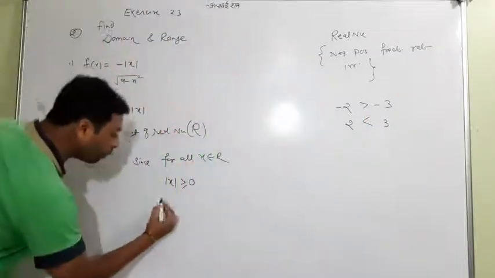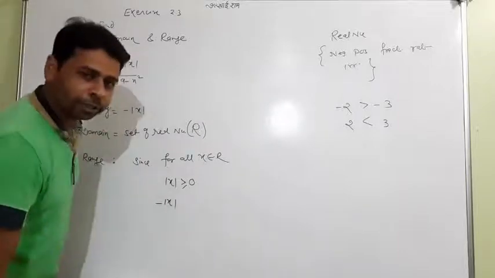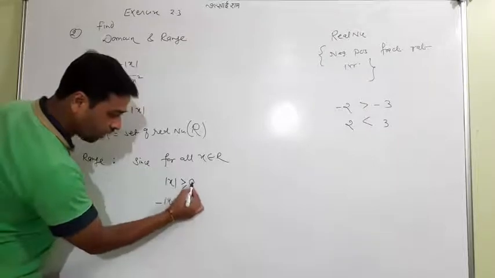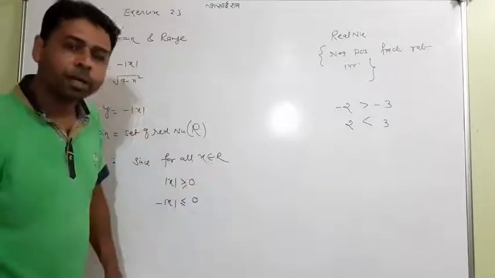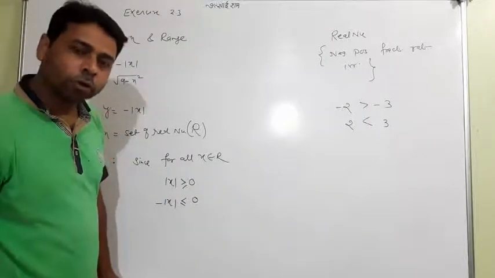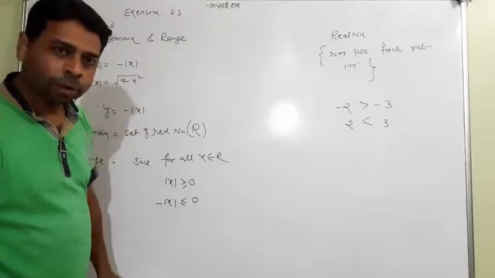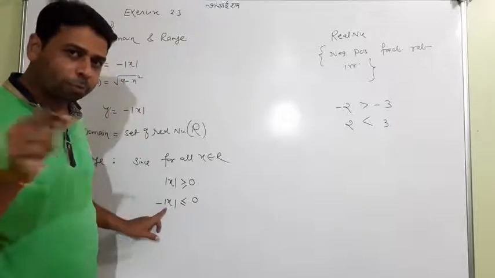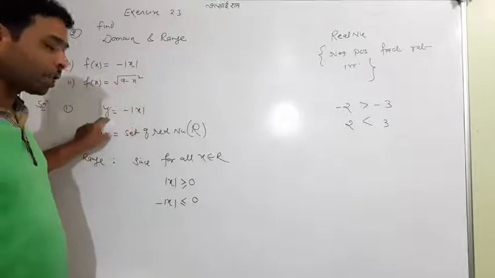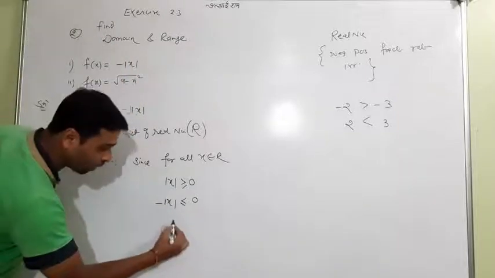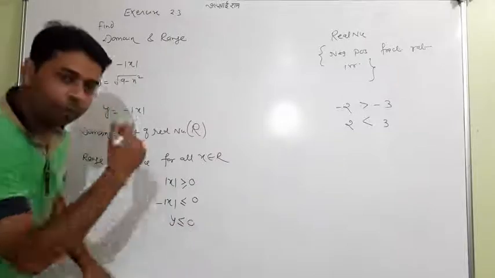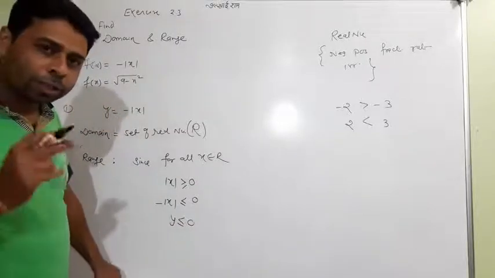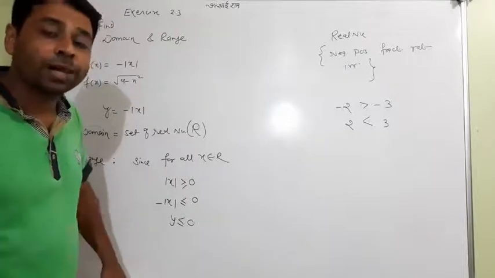Like here, you have to multiply by a minus sign on both sides. So this sign is going to change, and this will be 0, because after multiplying by a minus sign, 0 will remain the same. Why have I done so? Because I wanted to create minus mod x, and you know that minus mod x is itself y. So instead of the whole expression I can write y, and you have found the set of y. You know the definition of range: the set of y is called the range.